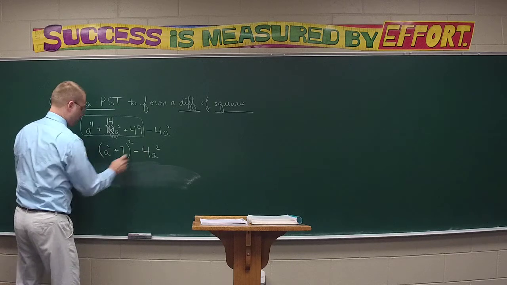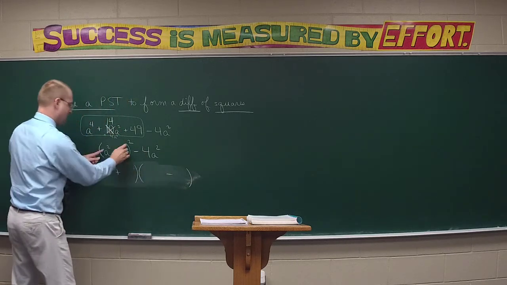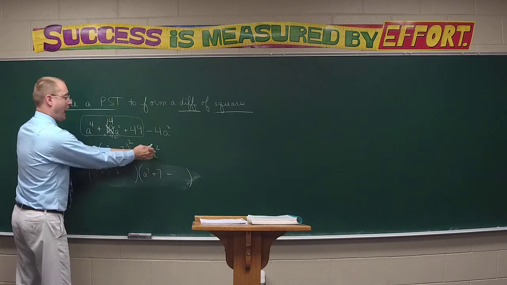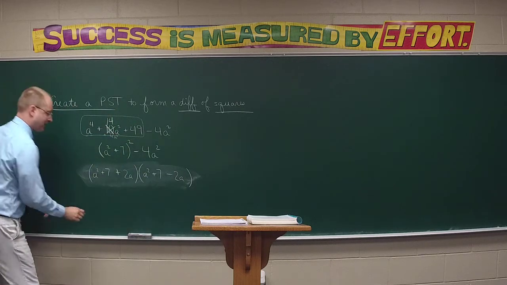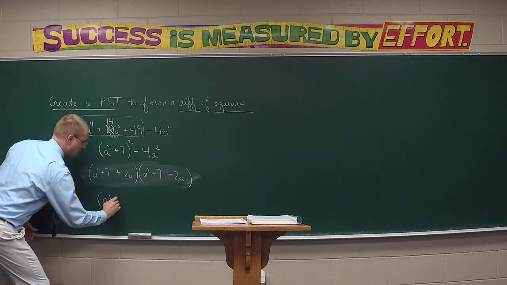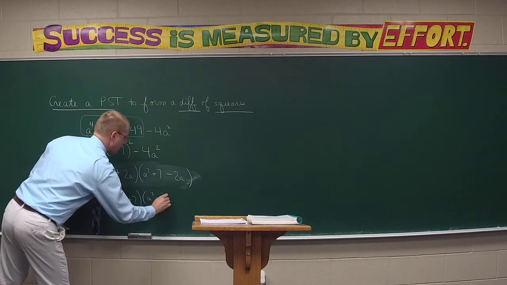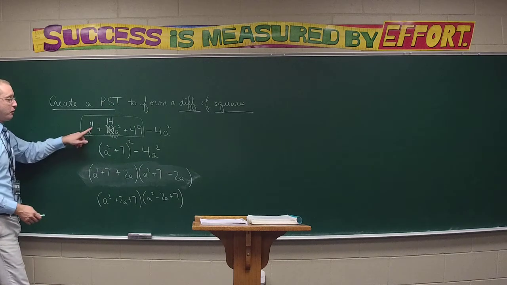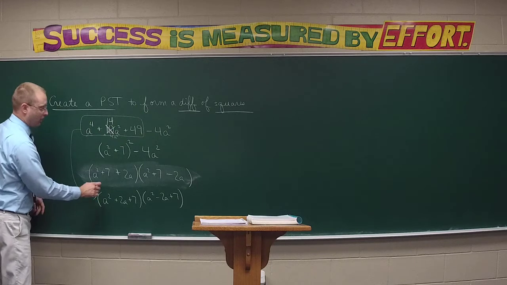And now, difference of squares, of course we know that factors into a sum and difference. Put my plus, put my minus, a squared plus 7 here, a squared plus 7 here, and then the 4a squared splits into 2a and 2a. And just to make it look good, we'll go descending order, a squared plus 2a plus 7, a squared minus 2a plus 7. And that's how a to the 4th plus 10a squared plus 49 factors into a pair of similar